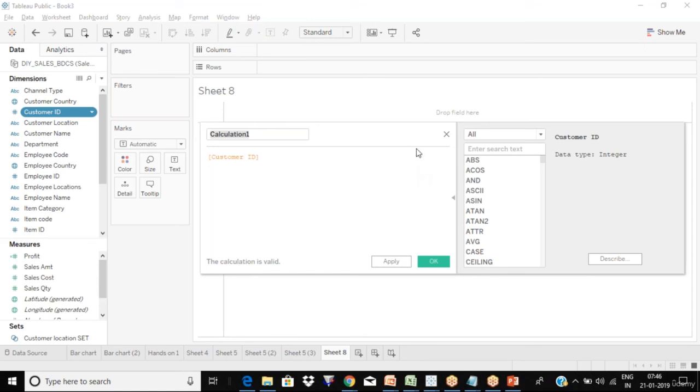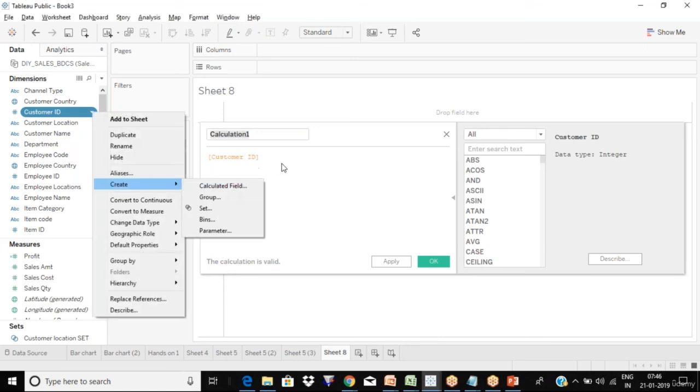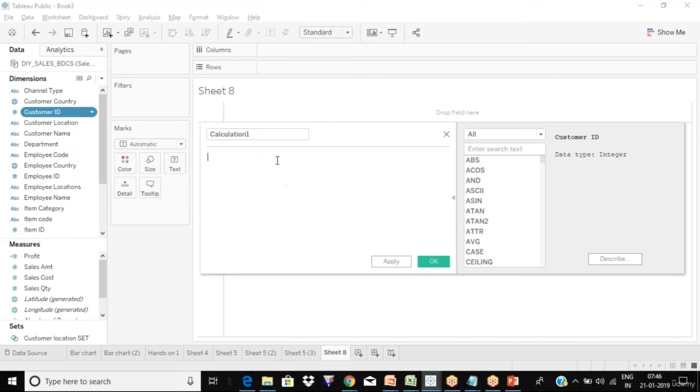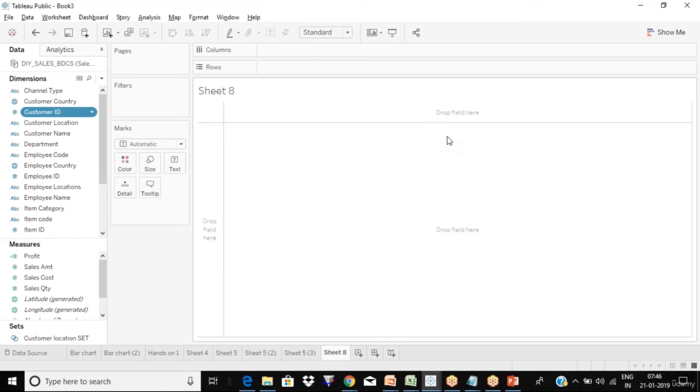Okay, thanks. Now this is the second option for creating a calculated field. But here the thing is, whenever you click on any column and say create calculated field, that column comes into the formula. You remove it, that's fine. You give a name and then you choose to write any value or any condition. But you at least understood, in the interview, if they ask how do you create a calculated field if you get any requirements in your project?